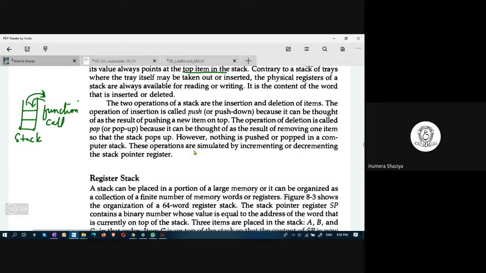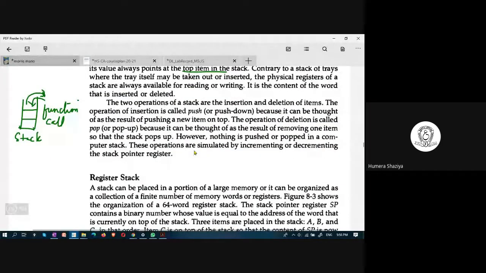There are two operations performed on the stack for insertion and deletion, known as push and pop respectively. Push is to insert an element into the stack, and pop is to remove an element from the stack.